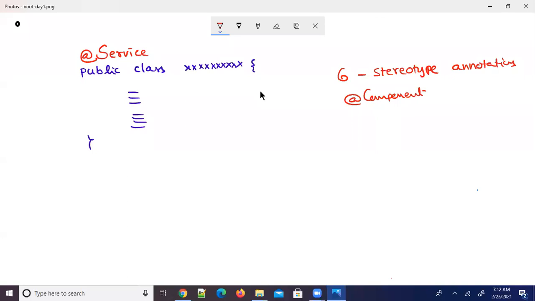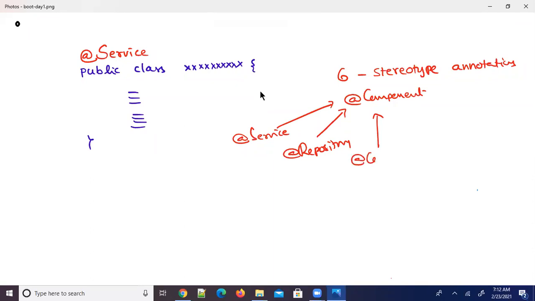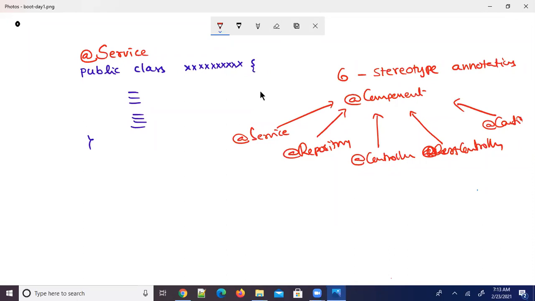So @Component is the base annotation for all the remaining: @Service, @Repository, @Controller, @RestController, and @Configuration. Service, repository, controller and rest controller are all components in a Spring application.